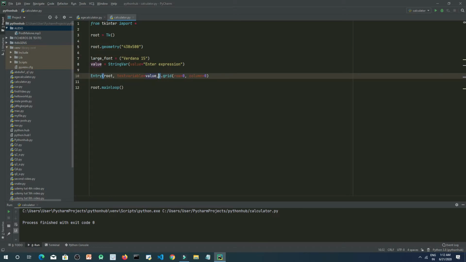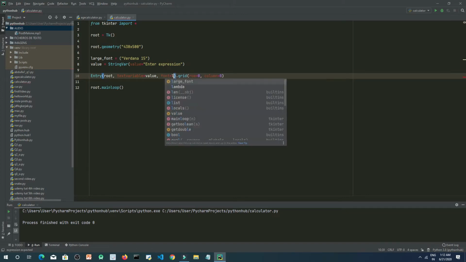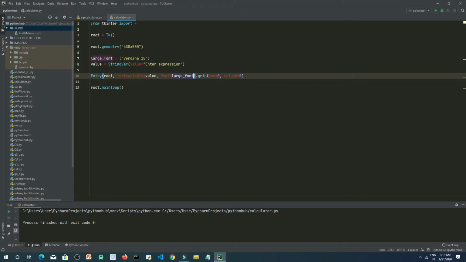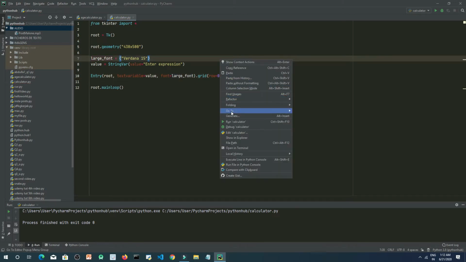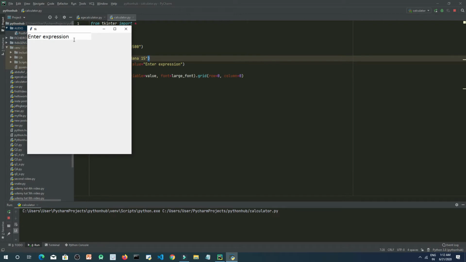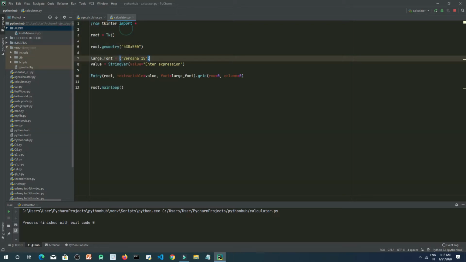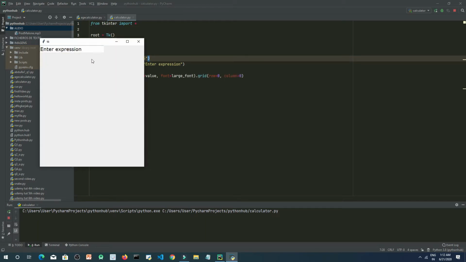So let's see how can we do this. Here font equals to large font. Okay, font equals to large font here. Now let's run again, and as you can see, this time it becomes somewhat larger than the last time. Okay, so actually this is just on one side, so let's run again, and actually this is just on the left side of the screen, right? So we will try to make it on the right side as well. So how can we do this? Let's see.